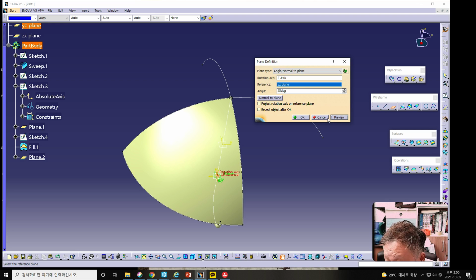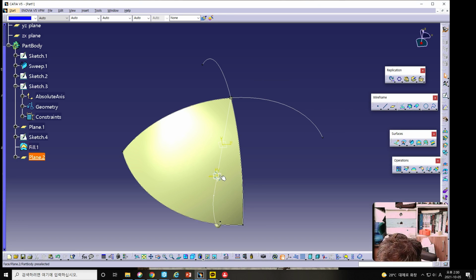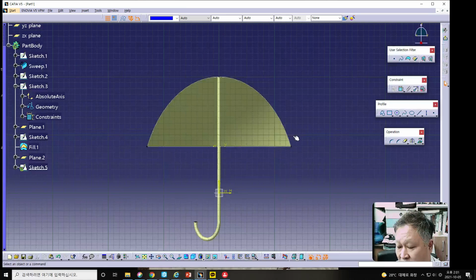Then if we click this new plane and enter the sketch like this,